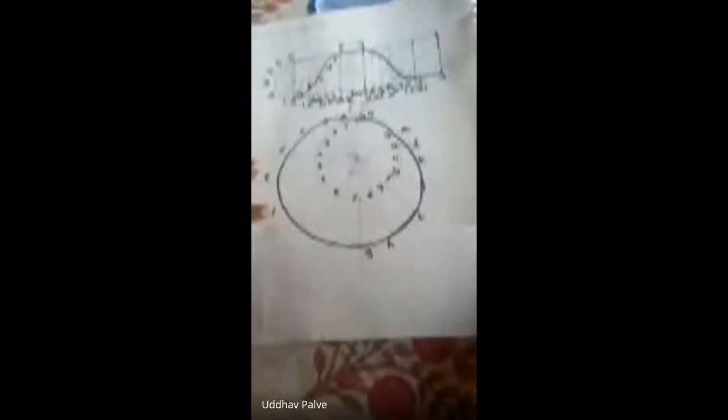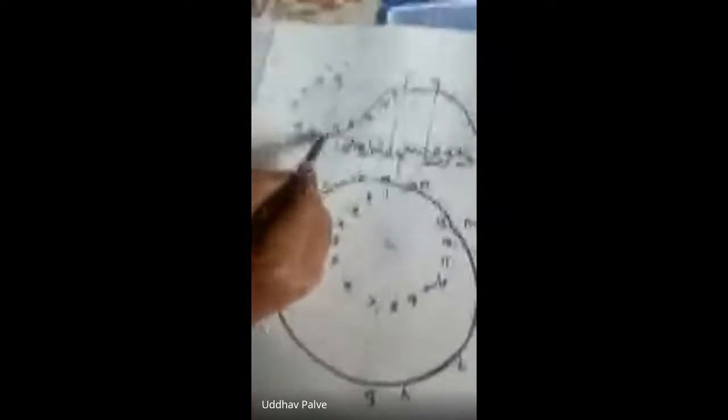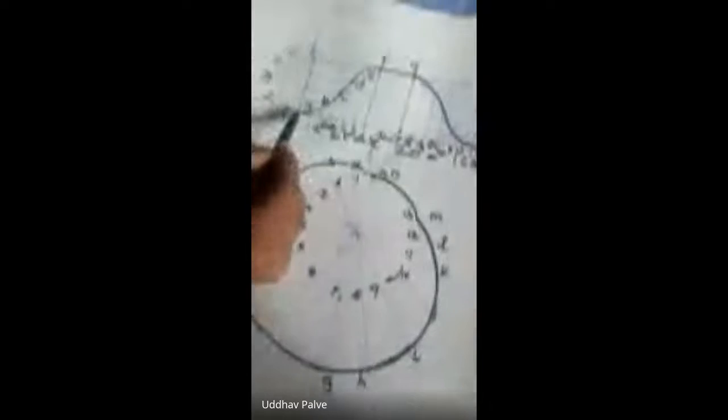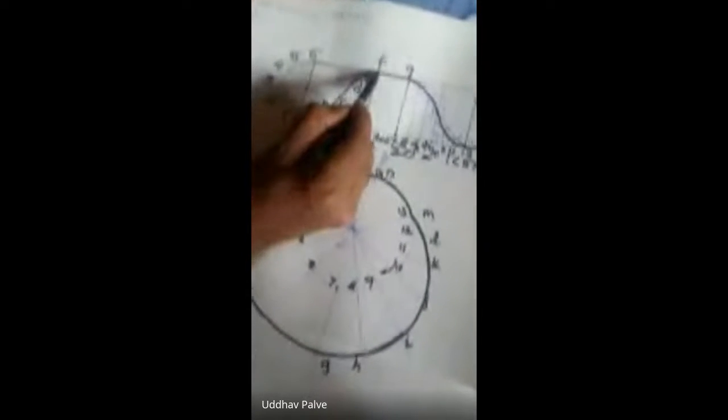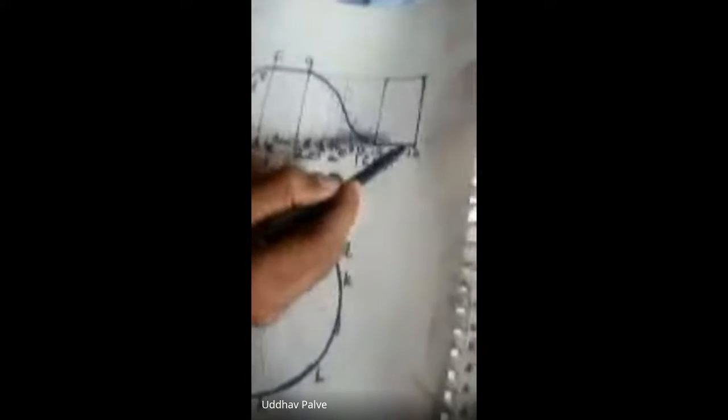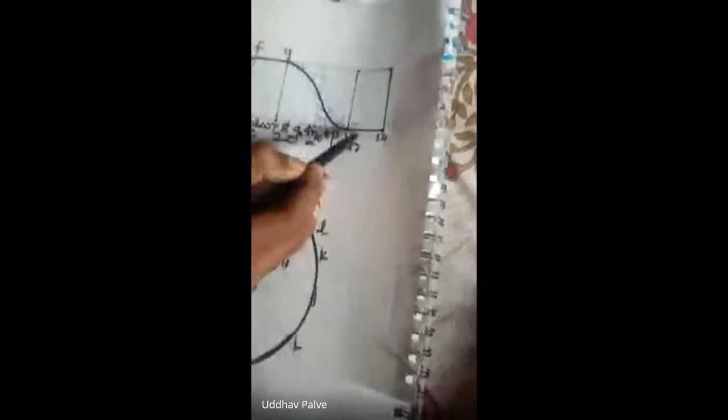First of all, in the displacement diagram, only this path should be dark. मतलब ये SHM से जो डार्क ड्रॉ किया वो डार्क रहेगा. फिर ये ड्वेल जो हॉरिजॉन्टल लाइन है वो डार्क रहेगा. ये वाला रिटर्न जो आ रहा है पाथ वो डार्क रहेगा, यूनिफॉर्म एक्सीलरेशन रिटार्डेशन वाला. और ये सेकेंड ड्वेल ये डार्क रहेगा.